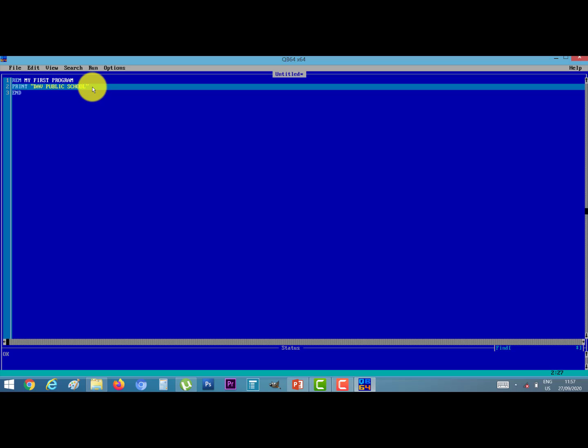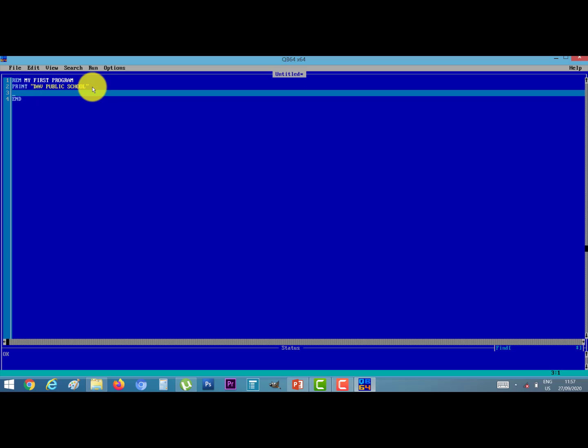Now I use the LET statement. Let, suppose I give a variable a equal to DAV.